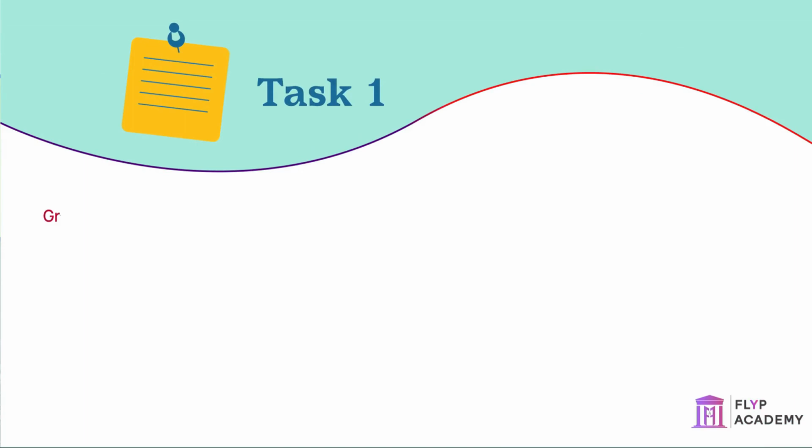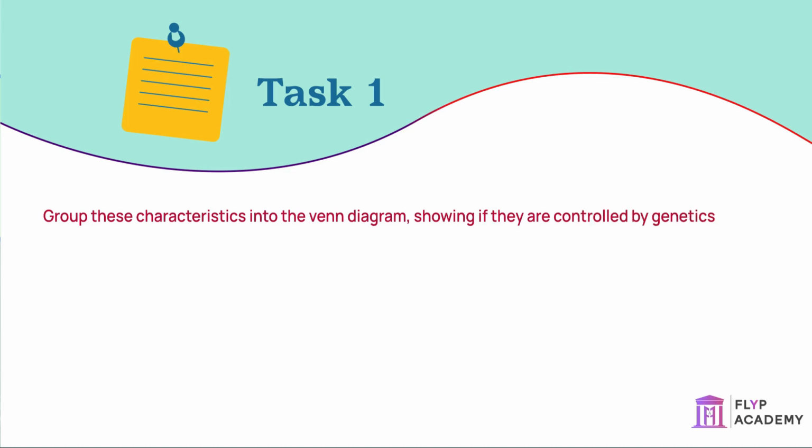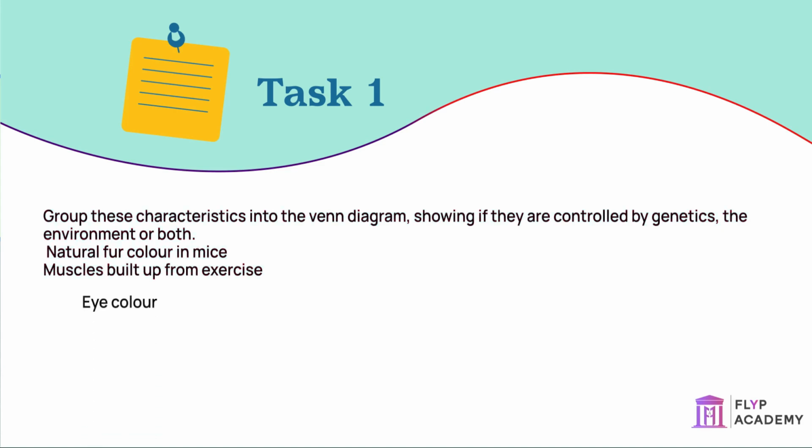Task: group these characteristics into the Venn diagram, showing if they are controlled by genetics, the environment, or both. Natural fur colour in mice. Muscles built up from exercise. Eye colour, dyed hair. Height, weight. Natural fur colour in mice and eye colour are determined by genetics. Muscles built from exercise and dyed hair are environmental, and height and weight can be influenced by both genetics and